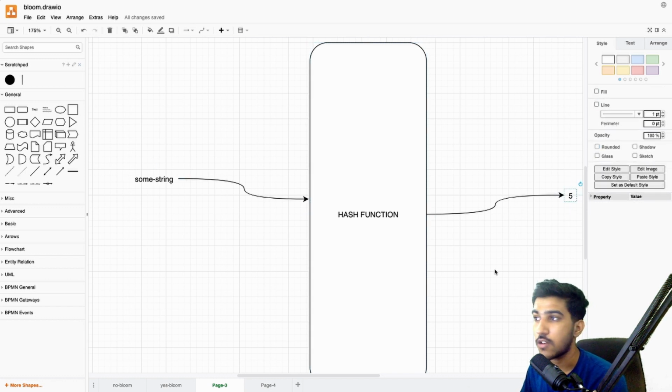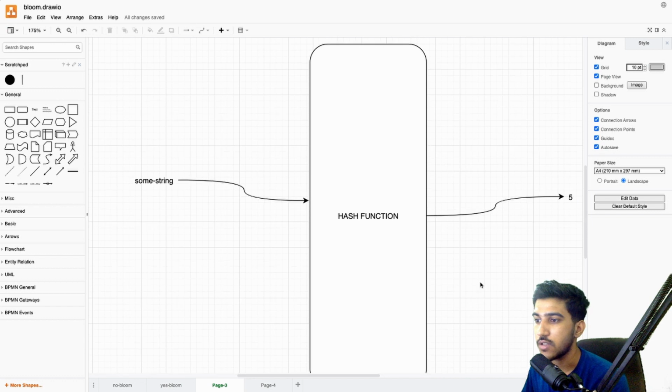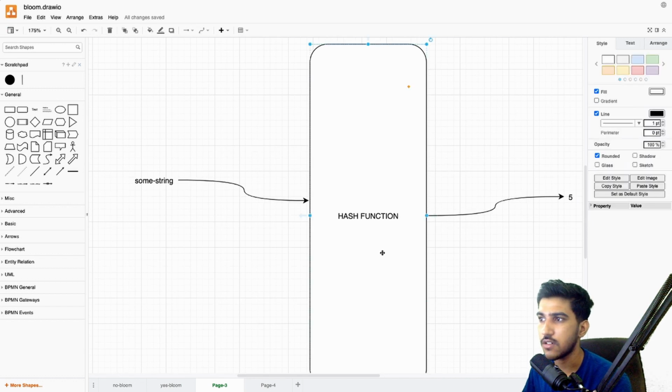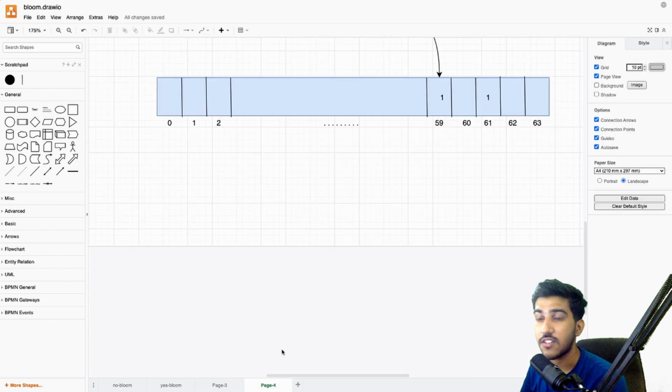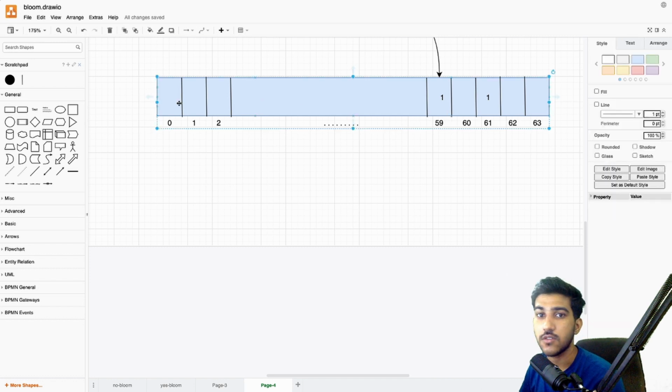The important part to note here is that the number output that we are getting can be used in many ways, depending upon the application. In this case, the hash function and the index which we get from it literally decide the strength of the Bloom filter. As I said, a Bloom filter is an array which consists of zeros and ones. 0 represents that it is not available, and 1 represents that it is available.